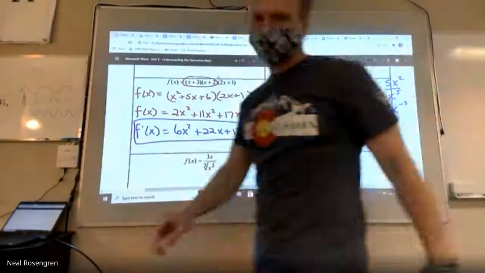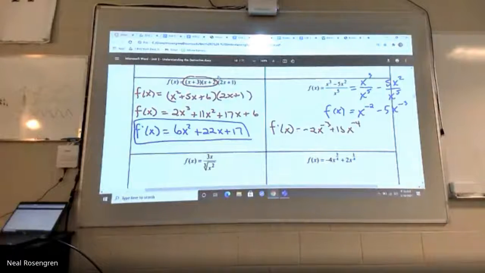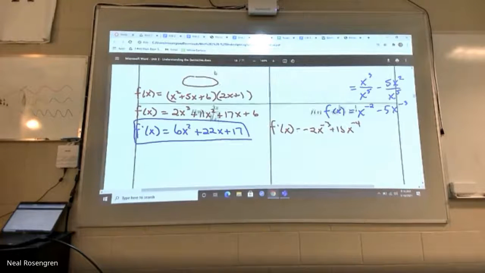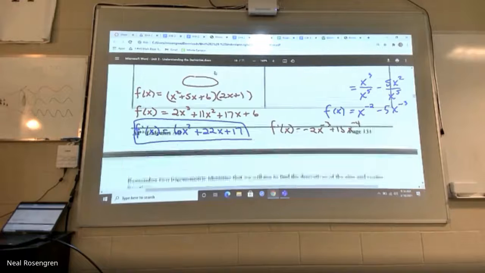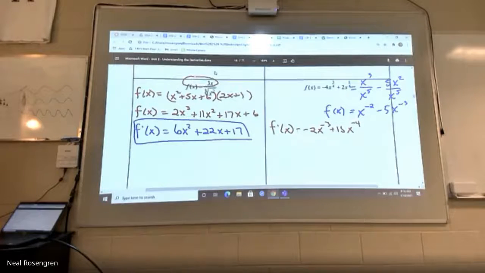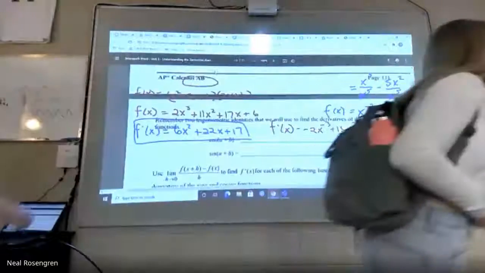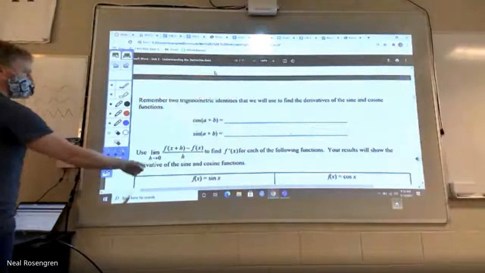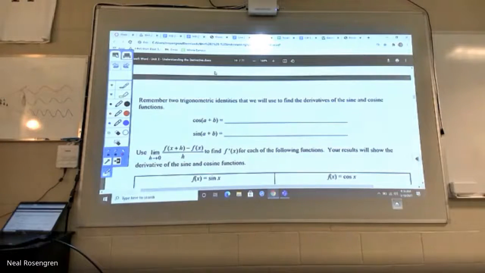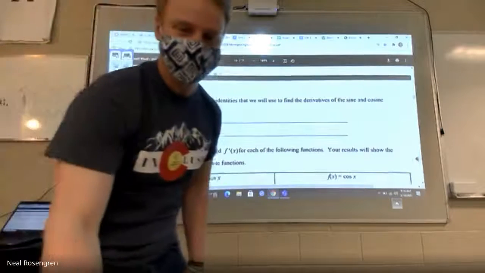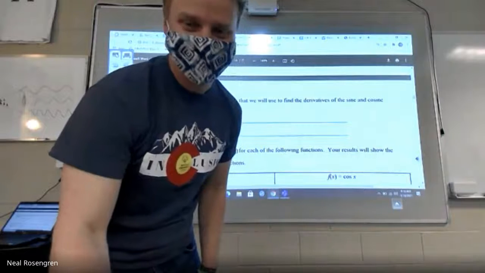Will there be any other homework? Probably not. No, probably not. I think what I want to do in these next couple days is finish those, finish that one and do the last two. And then you'll see that the next page is sine and cosine derivatives. I know they're really fun and super awesome. They're actually